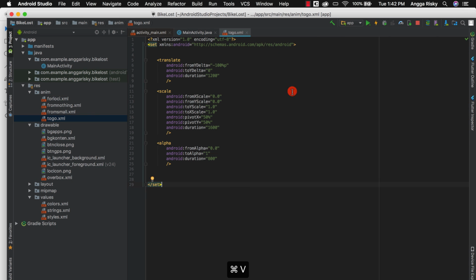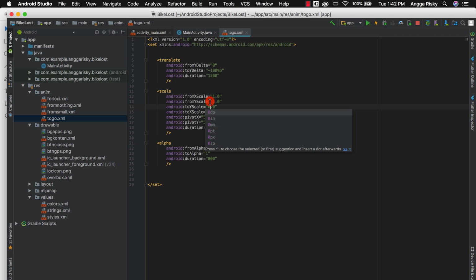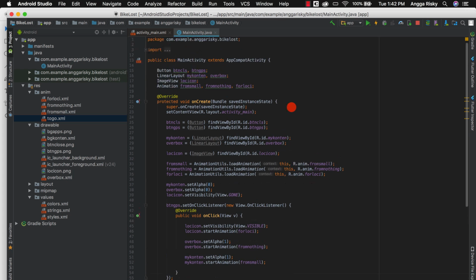Okay, so we don't need this, so we put it go away. So here, from 0 to minus, and then here we just reverse actually. This is supposed to be 0 and then 0. Okay, and this is supposed to be from 1 to 0. Okay, cool. Now we have to register a new animation to go.